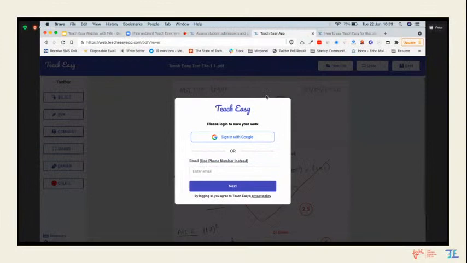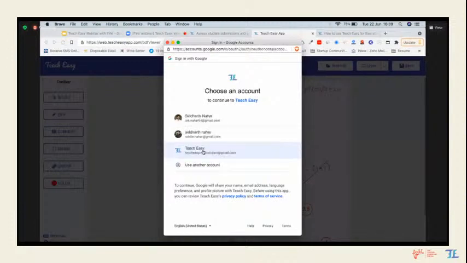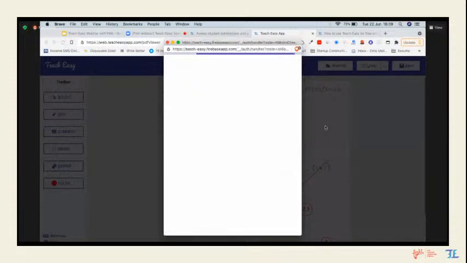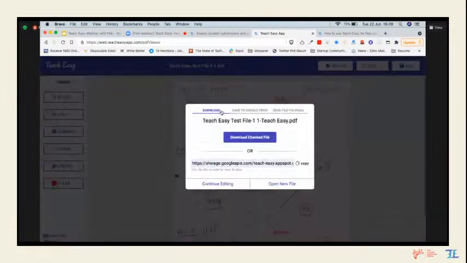If you are not logged in, basically now we'll ask you to log in. So you can log in via your Google account or through your email, or you can even use your phone number, just like the process that we saw. I will use my Google account to log in to Ttz so that Ttz can authenticate and save your work. So I will just select the Ttz demo account. Right.